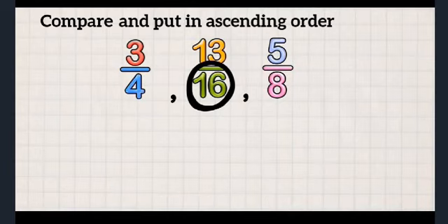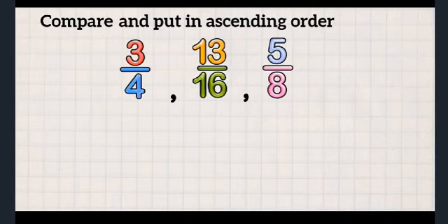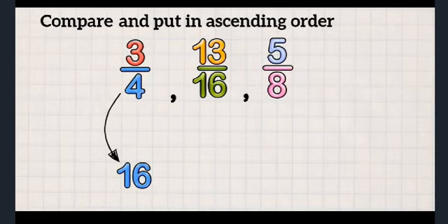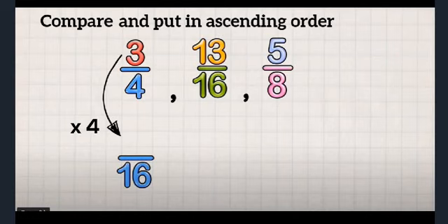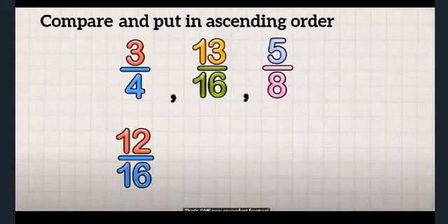So let's make an equivalent fraction of 3/4 with a new denominator of 16. Remember what to do. How do we turn 4 into 16? Using multiplication. We multiply by 4. 4 times 4 equals 16. And remember, whatever we do to our bottom number, we have to do the same to our top number, that is the numerator. So 3/4 is now equal to 12/16. 4 times 4 is 16 and 3 times 4 is 12, the new equivalent fraction.